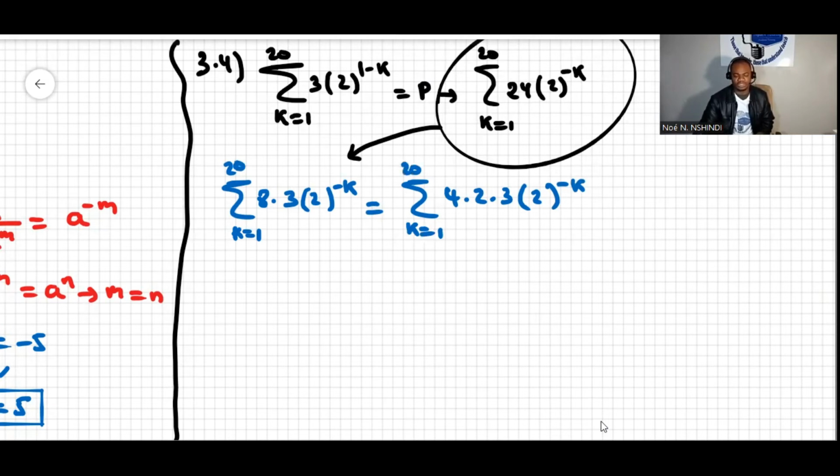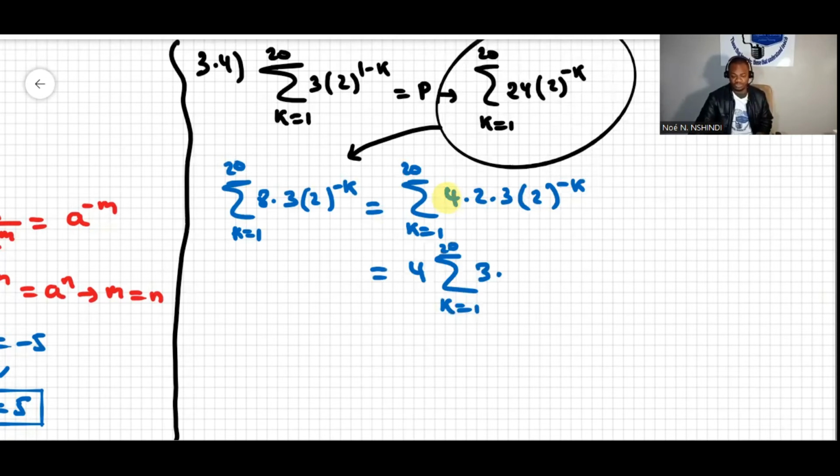Saying that because we can take the 4 out as a common factor, I mean, out of the sigma notation, okay? So this will be 4 times the sum, because that's a constant, okay? k starting from 1 to 20 there, and then I'm left with